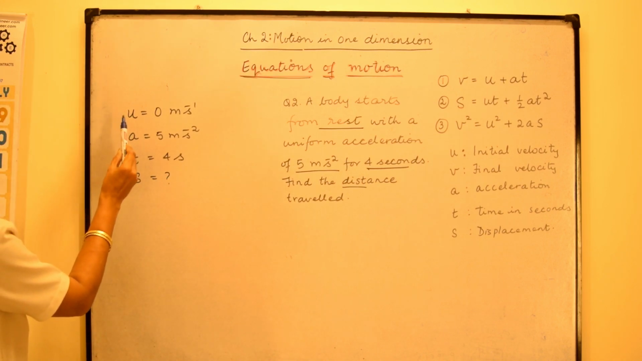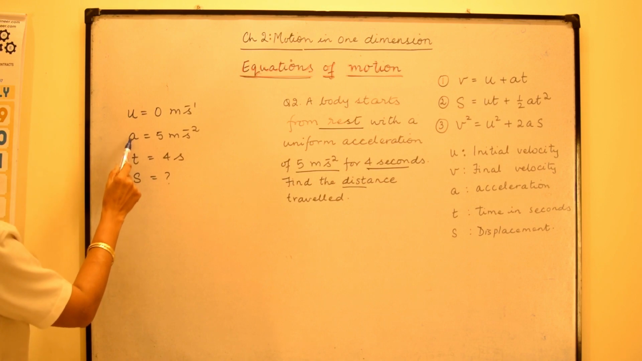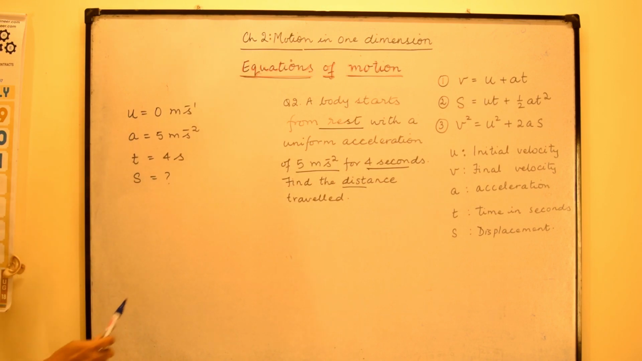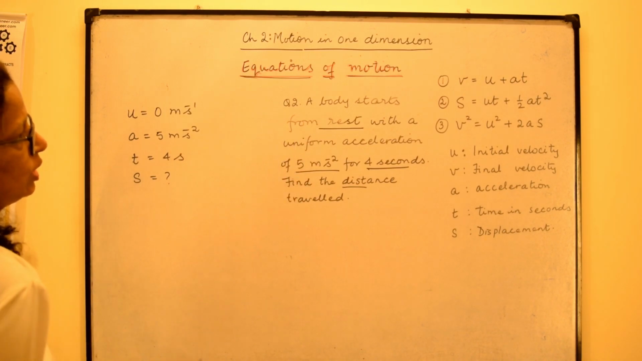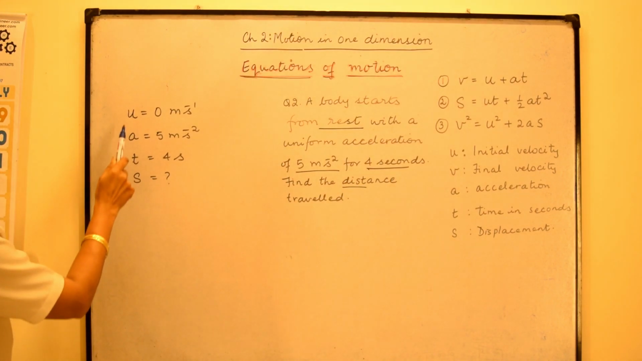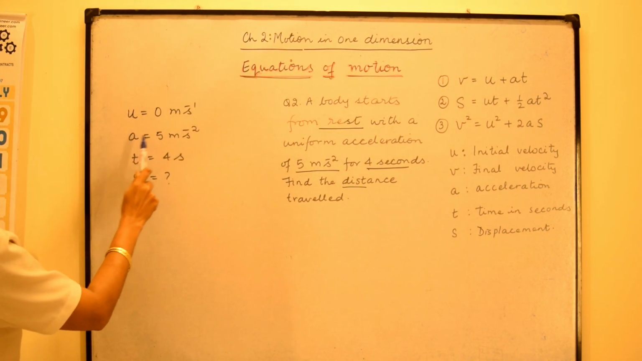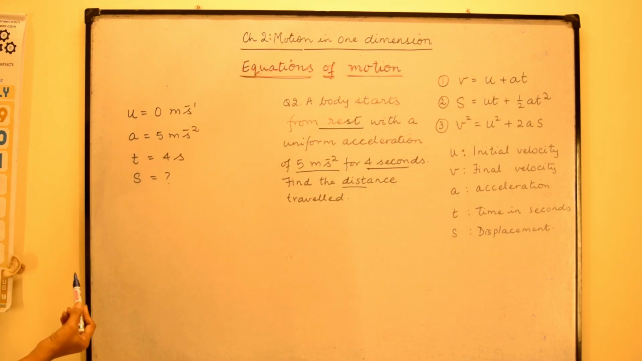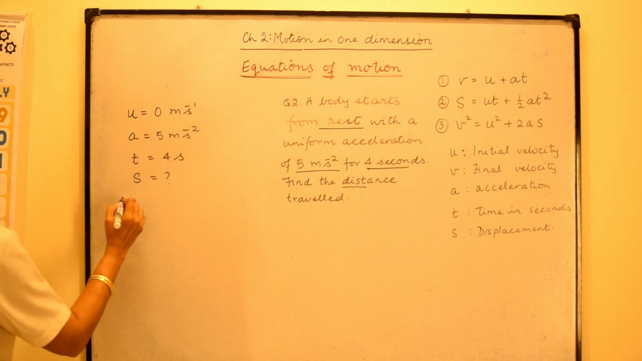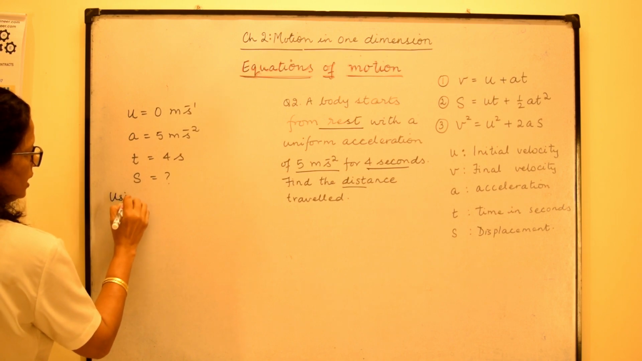The relation between u, a, t and s, if you can look over there, which is the relation? That's right, the second one. s is equal to ut plus half at square. u we have, a we have, t we have, and s is to be found out. So let us write the relation. We will say using